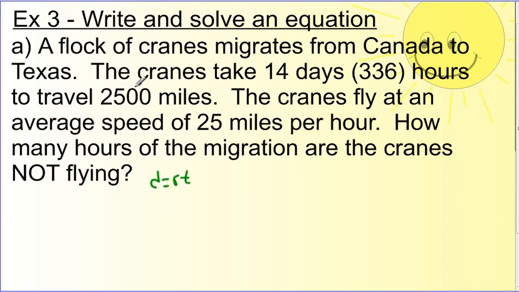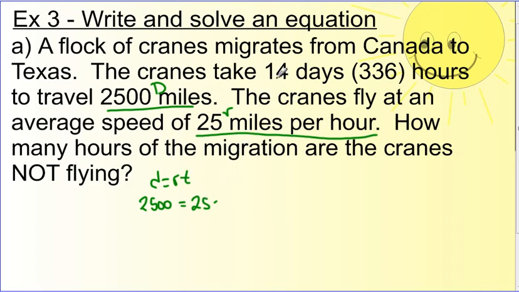Distance: they need to travel 2,500 miles. Rate: how fast are you going? The cranes fly miles per hour. That's their speed, so that's our rate, going 25. And we want to know